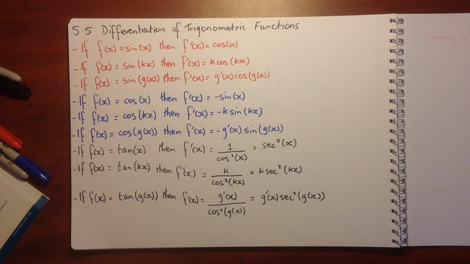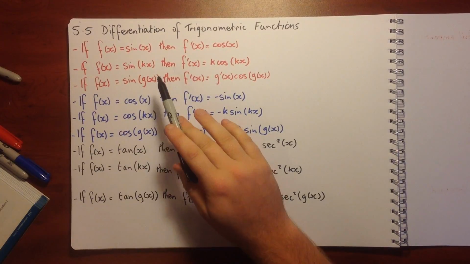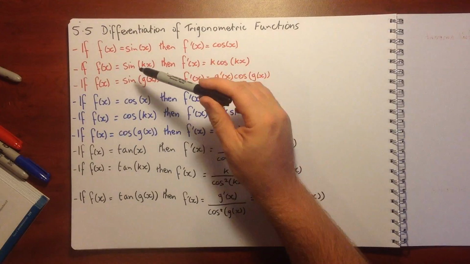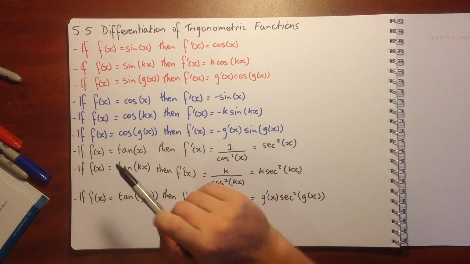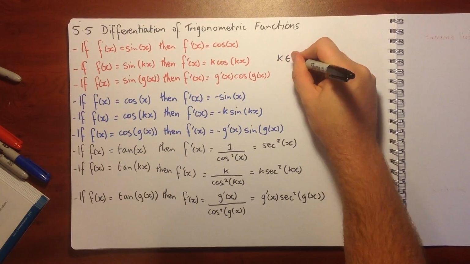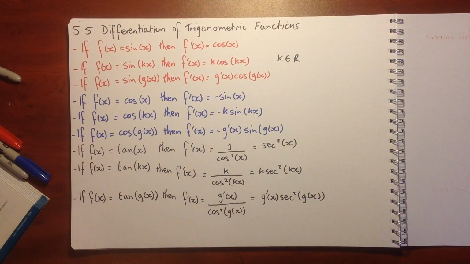Hey, in this tutorial we're looking at section 5.5 on differentiation of trigonometric functions. So we've got a few rules here that we can go through. If f of x equals sine of x, then f dash of x equals cos of x. If f of x equals sine of kx, where k is just a constant, k is an element of all real numbers, then our derivative is k times cos of kx, so that constant just comes